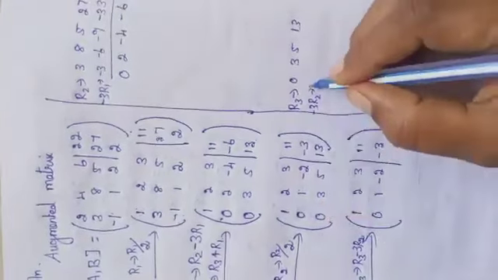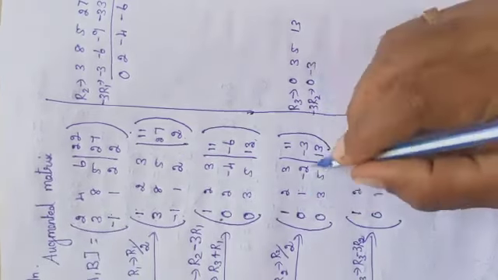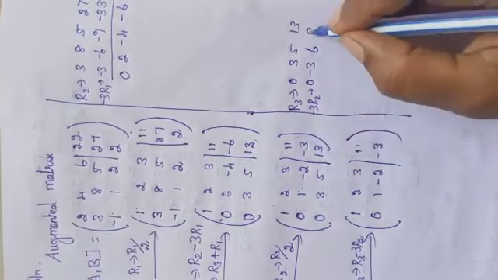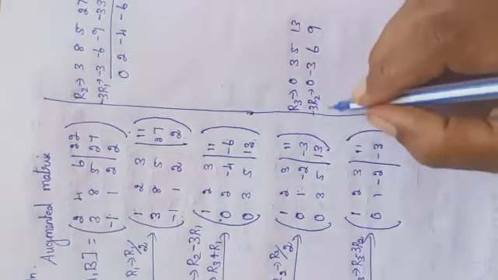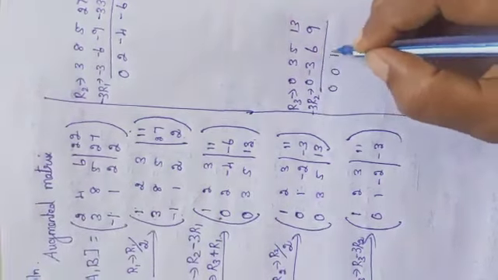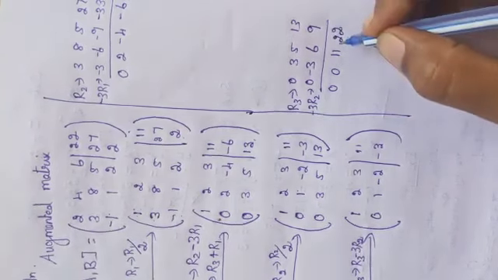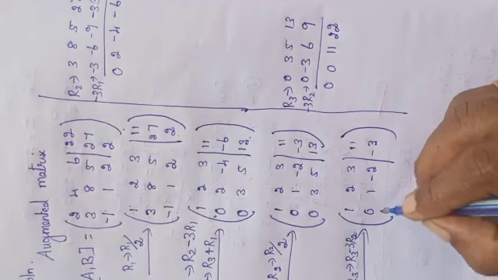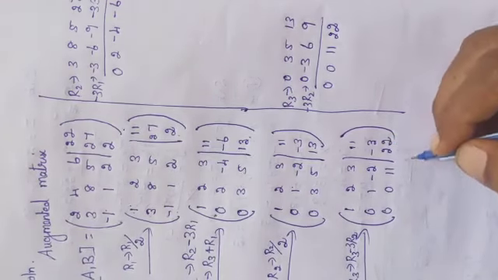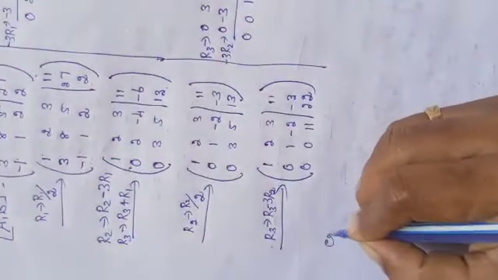Multiply by minus 3, 0. Now minus 3. Minus into minus plus 3 into 2 is 6. Minus into minus plus 3 into 3 is 9. So when we add, 0, 0, 5 plus 6 is 11, 13 plus 9 is 22. Shall we write here? So 0, 0, 11, 22. Is that clear? So now the equivalent system is